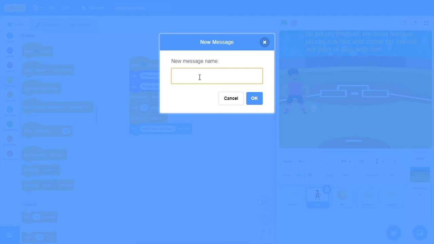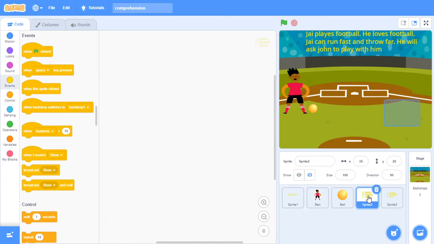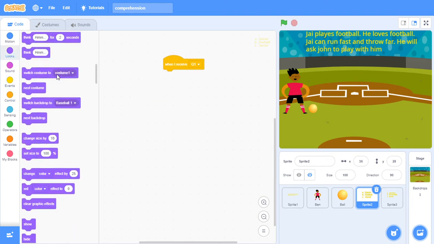This is for question 1. When I broadcast message question 1, I want the question 1's options to be visible. Sprite 2 is our question 1 options. So we'll go to this code and we will see, when I receive Q1, show this one.